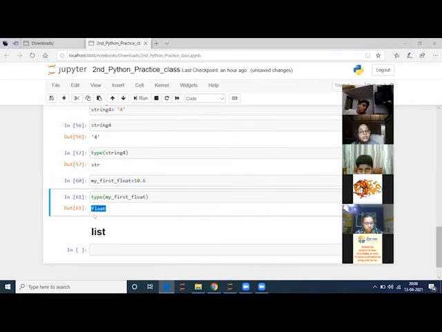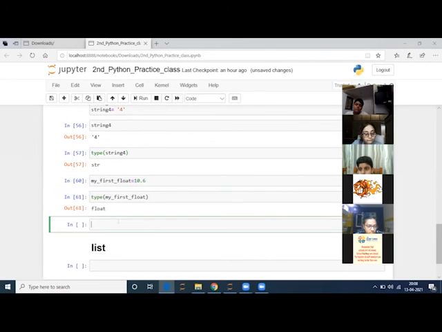So we have to do some conversion. We have to convert the data from float to integer. Right? Following? So how can we convert the type from float to int?